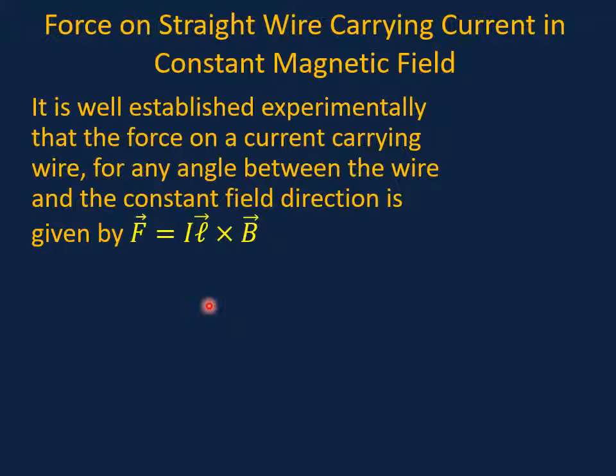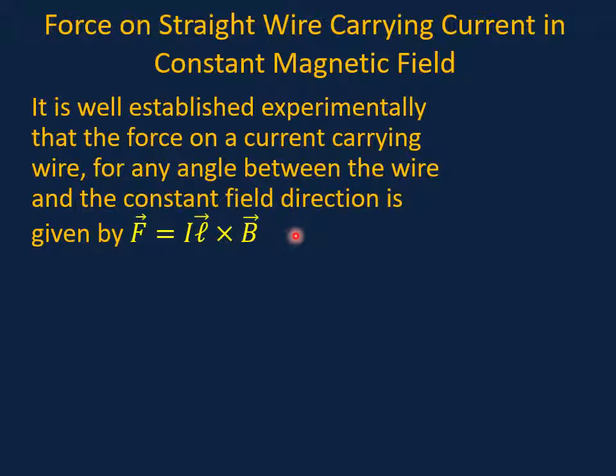Force on a straight wire carrying a current in a constant magnetic field. We'll first deal with this and then discuss forces on two current carrying wires. This is established experimentally. So it is well known that the force on a current carrying wire for any angle